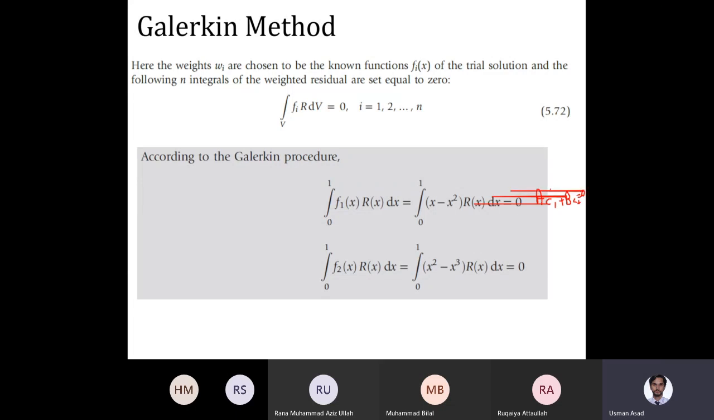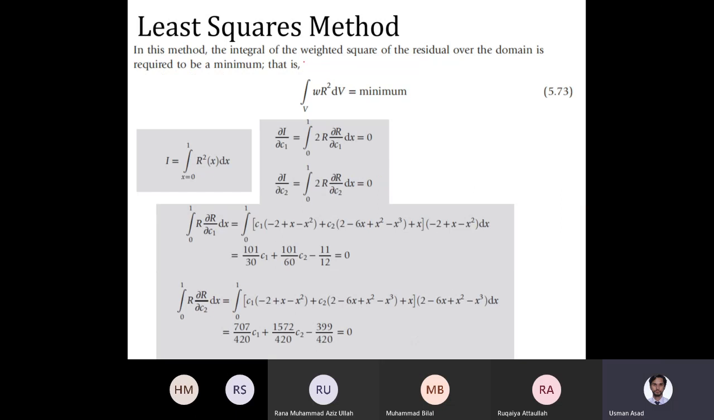type की equation बन जाएगी, right? और ये भी some constant times c1 plus some another constant times c2 is equal to some other constant, right? Type की equations बन जाएगी, and you would be able to solve these two simultaneously to get C1 and C2. ठीक है? That is the so-called Galerkin method. And finally, the least square method, which is my favorite in some sense, is because हमेशा जब भी error आता